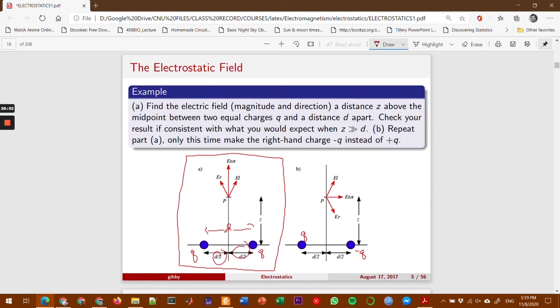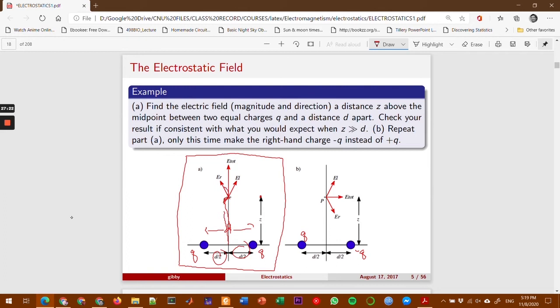Meaning, we want to calculate the electric field at distance z above the midpoint. This one, above the midpoint. This is P, and we want the electric field there, at the center. So it is symmetric, and this is easier to solve, because if you notice,